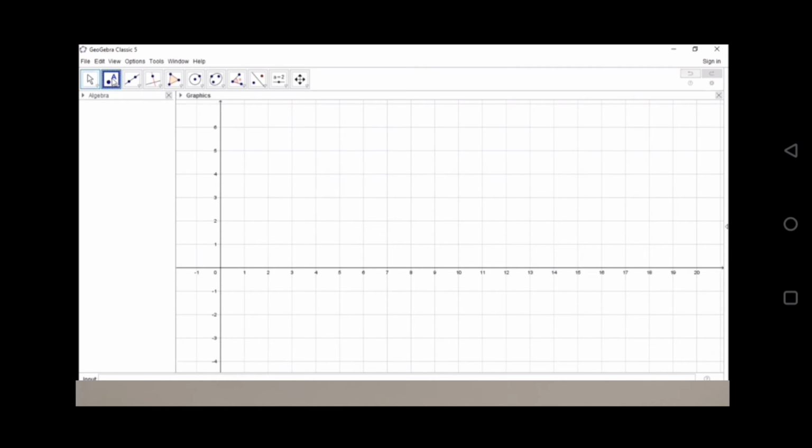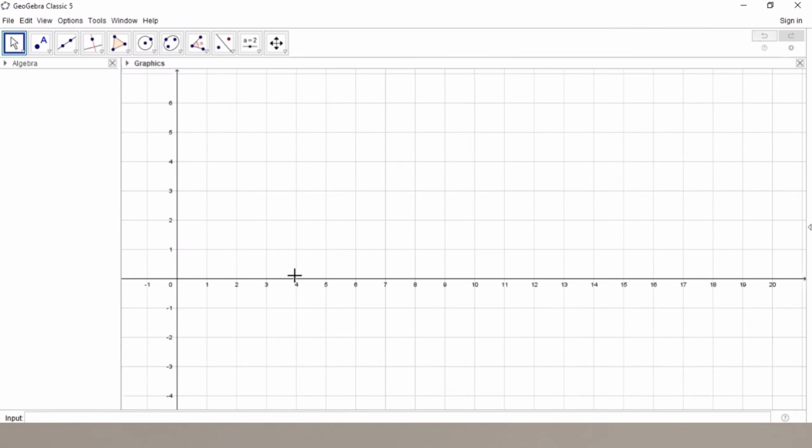To illustrate this, we are going to use a GeoGebra app. So let us start. Let us consider this horizontal line as a number line. Suppose there are 2 points given on the number line. Let this point be A and there is another point on the number line, B. As we can see, these are the 2 points on the number line with coordinates 5 and 9. So the coordinate of point A is 5 and the coordinate of point B is 9.